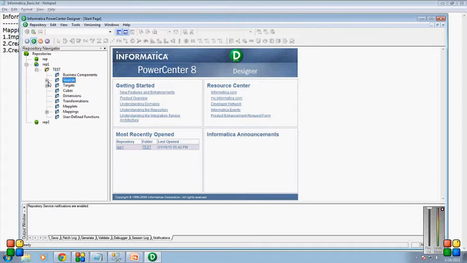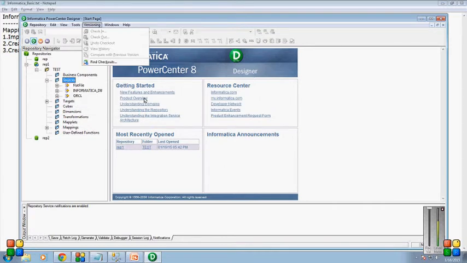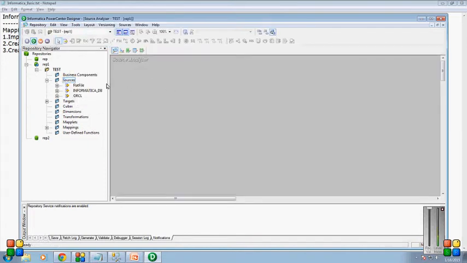Here we have a source. Initially we have the source, which can be of several types like ODBC connections, flat file connections, Oracle connections, and COBOL files. It may be an XML file also. Initially I'm going to create the source definitions here. First go to Tools. If you can't see the designer tool, you can go to Tools and click on Source Analyzer so that you can see the source here.